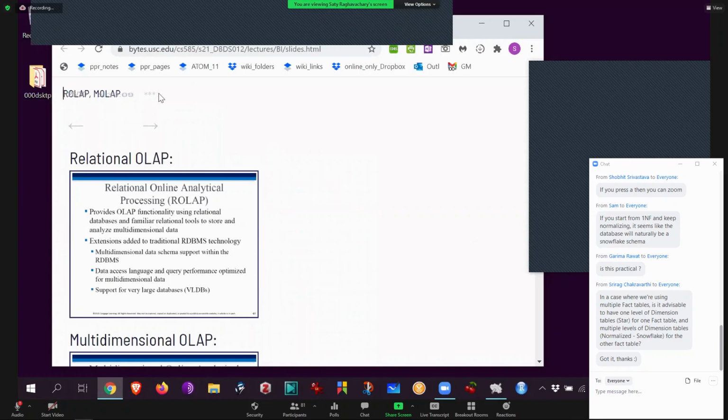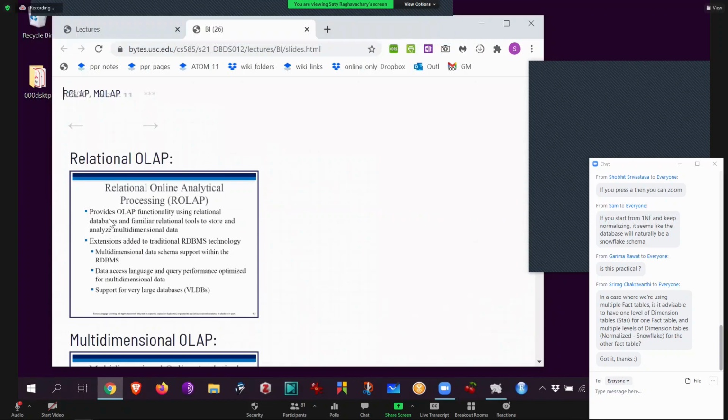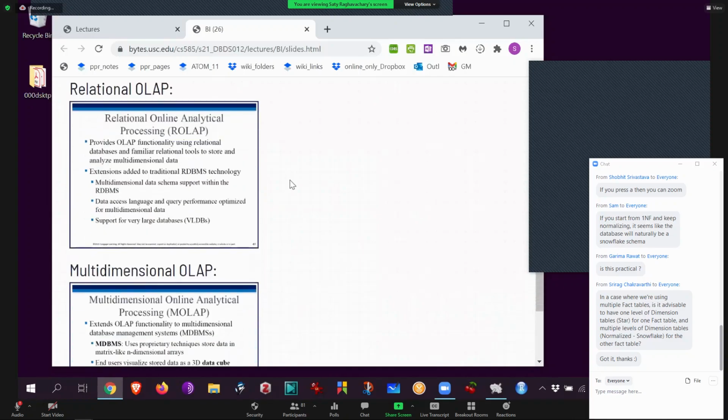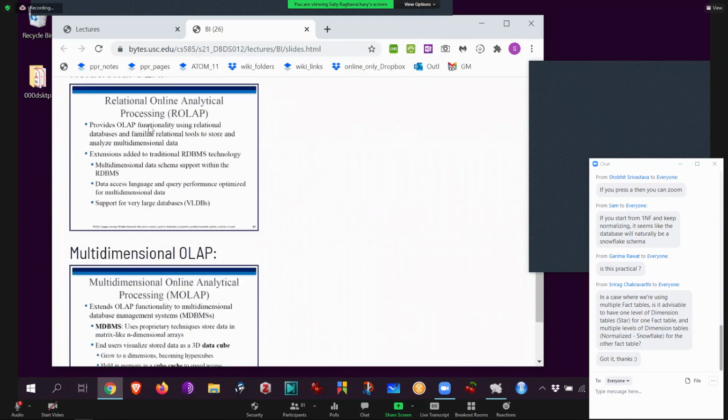Then we call it ROLAP, relational OLAP. Standard relational databases. This means SQL. Do everything with SQL. You add 2 extra keywords to SQL when you group by. You can say group by cube, group by rollup, and I have examples pretty soon, hopefully in the next slide, I think. So that's that.